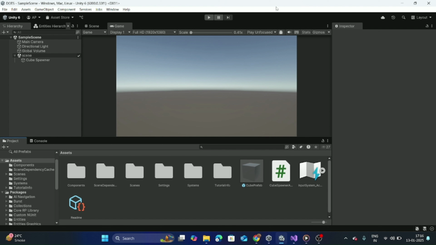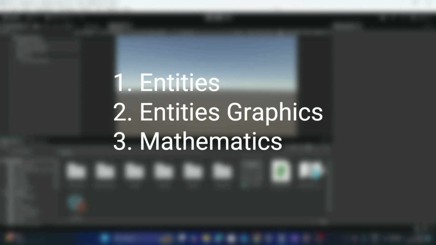Before we dive into the scene setup, let's ensure we have all the necessary Unity packages installed for this project. You'll need the following packages. 1. Entities. This package is the core of Unity's ECS system, allowing us to define and process components efficiently. 2. Entities Graphics. This package provides rendering support for ECS entities, enabling us to visualize our cubes in the scene. 3. Mathematics. This package includes essential math utilities and data types, such as float3, which we'll use for handling positions